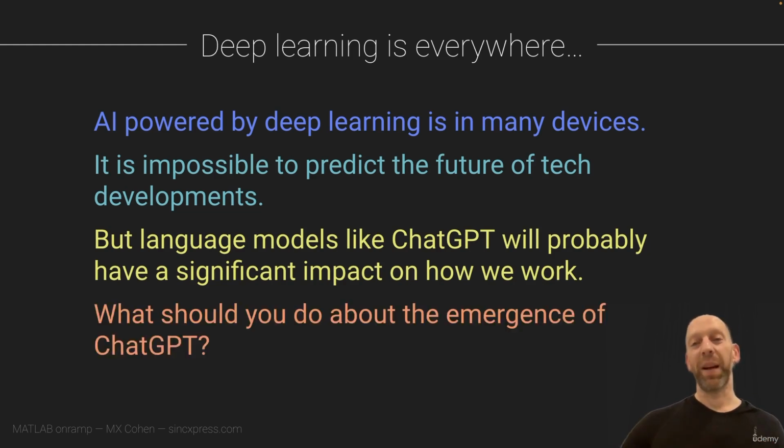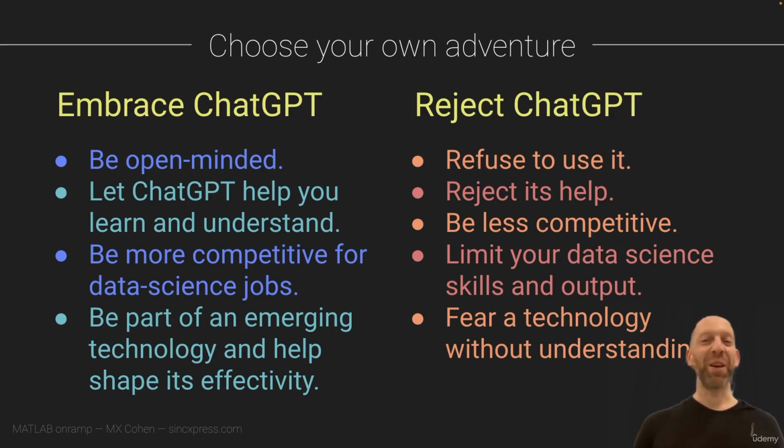And so what should you do about it? Well, the way I see it, you have two options. You can choose to understand, embrace, and use ChatGPT effectively and to your advantage, which will also help you work more effectively and help you future-proof your studies and your career. Or you can choose to bitterly oppose ChatGPT, refuse to have anything to do with it, which means you're going to get left behind when your competitors are using models like ChatGPT. Obviously, I know which option you choose because you're watching this video right now.